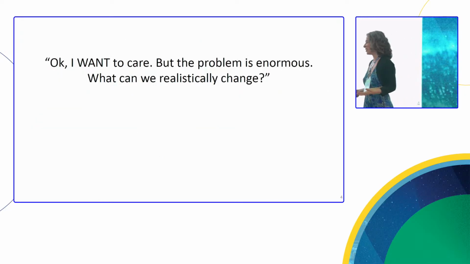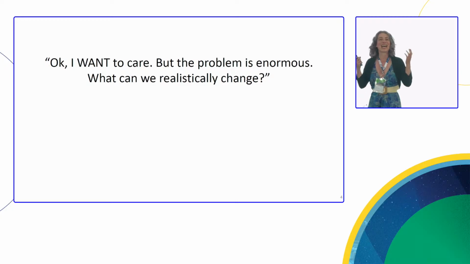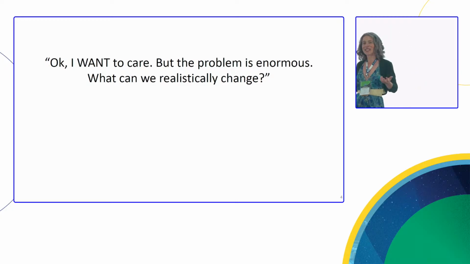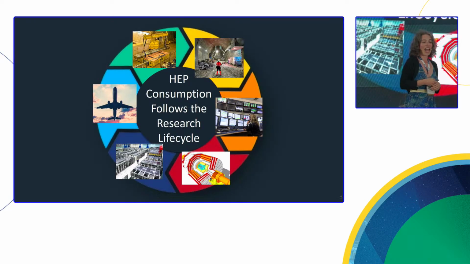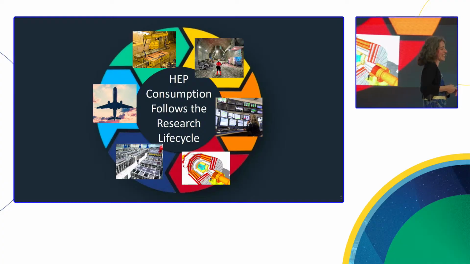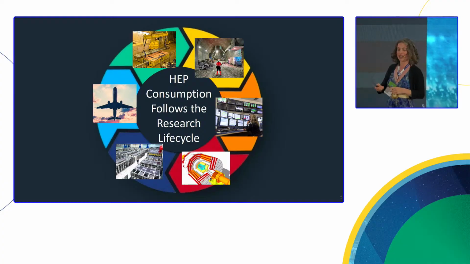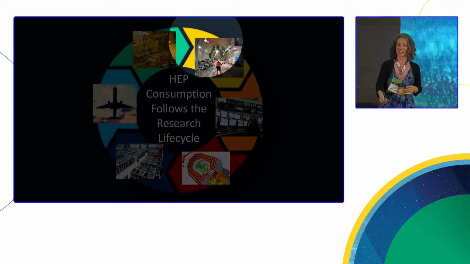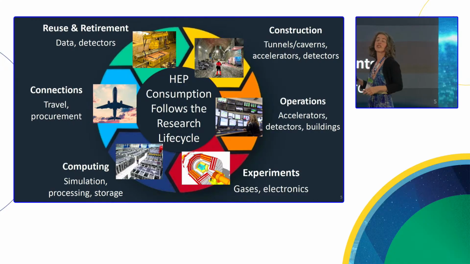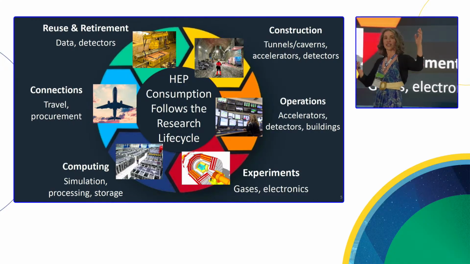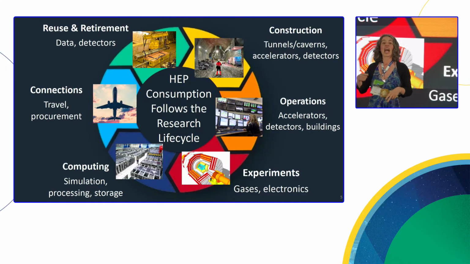Okay, maybe now you're sitting there thinking, okay, Juliet, I want to care. But the problem is enormous. What can we realistically change? My answer to you here is that we can make an impact at every stage of research. And the reason I think we can do that is because our consumption follows what I might call the research life cycle. So we consume from the level of constructing our tunnels, caverns, accelerators, detectors,